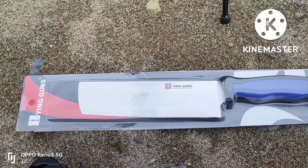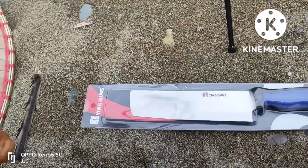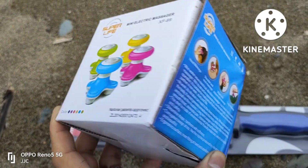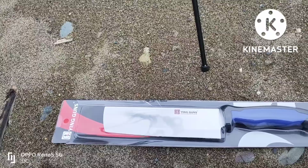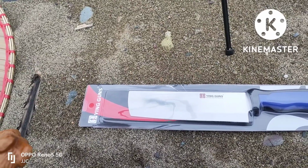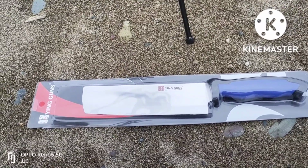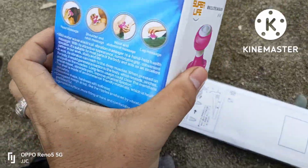I was walking downtown when I came across a merchandiser trying to offer us this knife, along with some freebies. Something like this one, a mini electric massager, really common when you go out. There's lots of people offering to sell stuff like this with freebies and all that. Actually, they were selling the knife along with other freebies, but at a much higher price. I wasn't really interested at that time until they gave me a really good deal. So I decided to just get the knife at a very cheap price, and along with it the Super Life